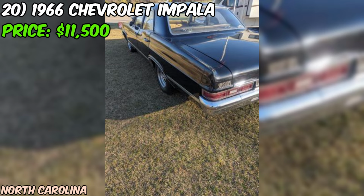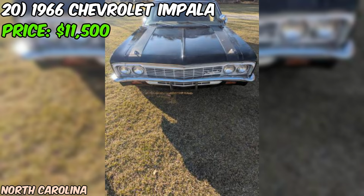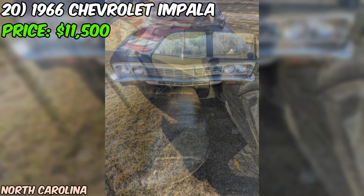At the end of the day, if you're a fan of classic American muscle cars and you're looking for a project that you can really sink your teeth into, this 1966 Chevrolet Impala is definitely worth considering. It's got a ton